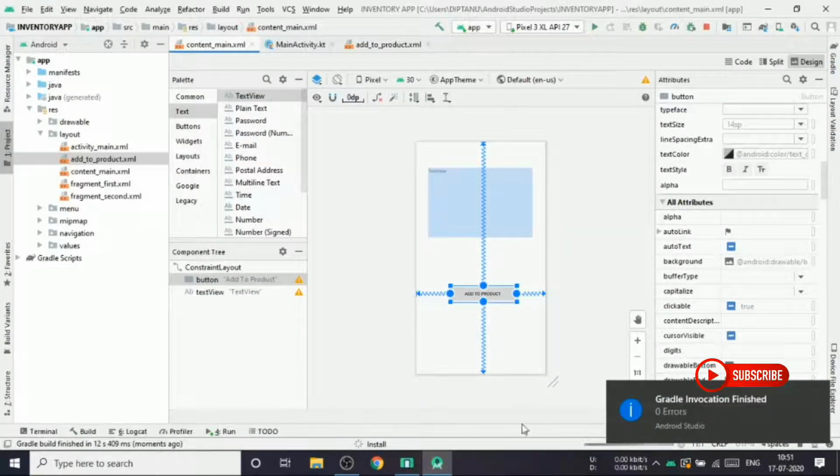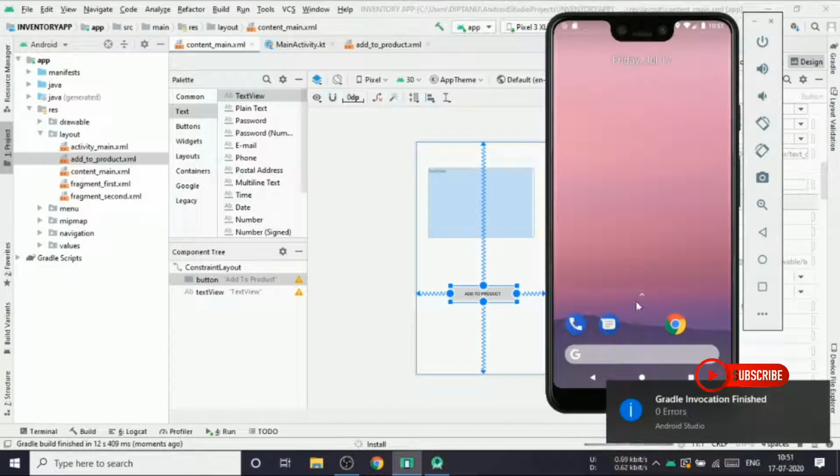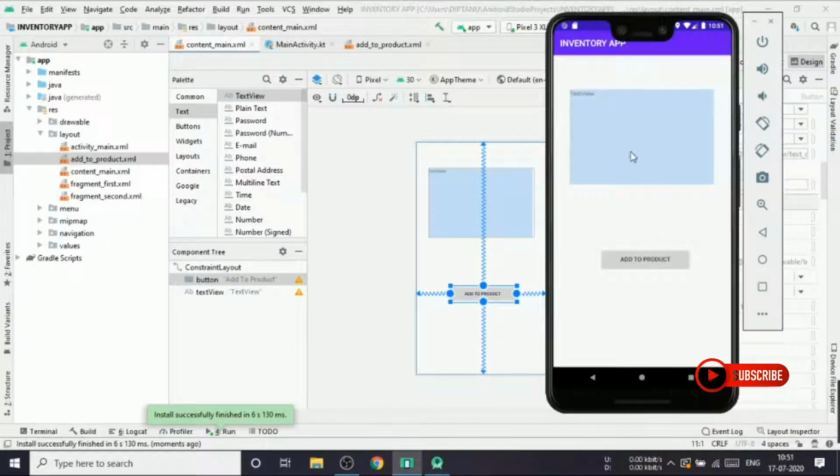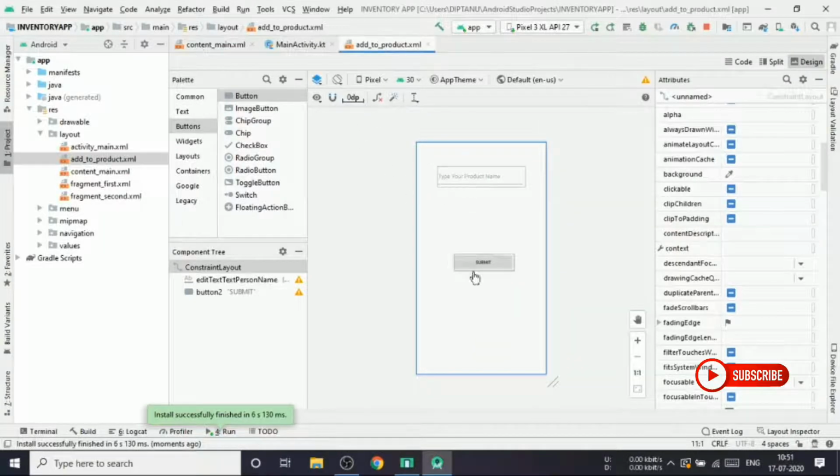So it says that it's finished, invocation is finished, and there are no errors, and it has displayed our Android application. So you can see whenever we click on that, it doesn't go to the second page, like add to product activity, this page, add to product XML, this page. So what we need to do is